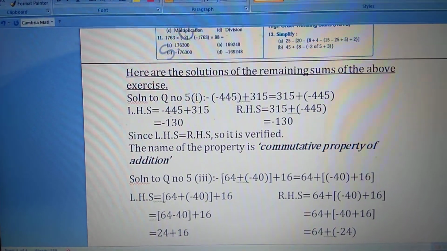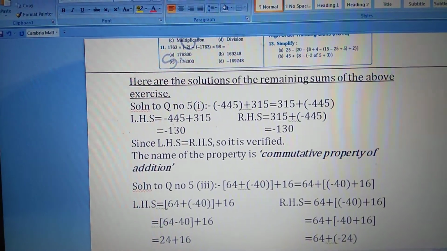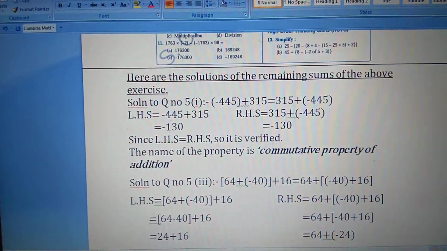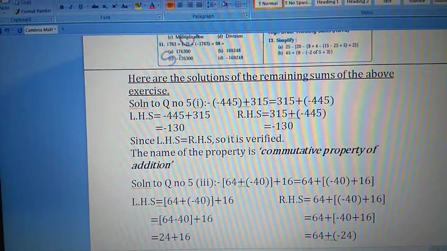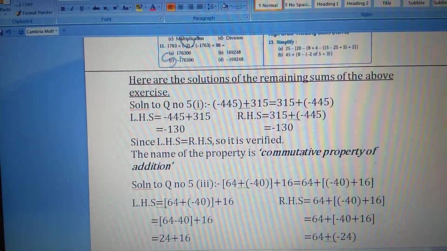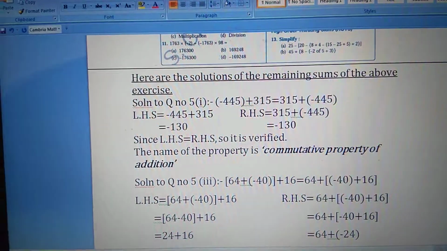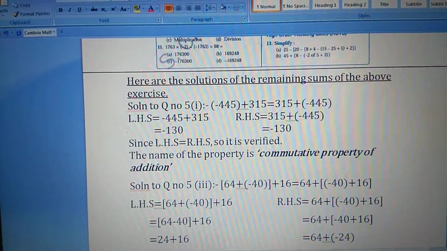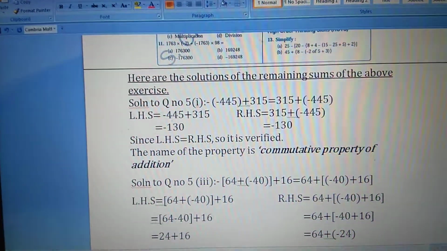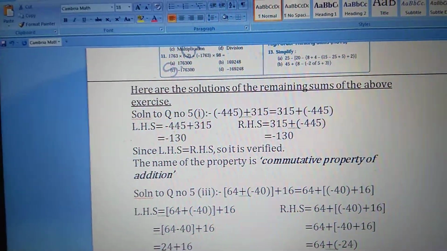My students, one thing you will remember, whenever verification is given, just look at the question very carefully. Whether the operations applied there are applicable or not, you need to think about it first. If it is applicable, then only it can be verified, otherwise it can't be. And if it is verified, then only there will exist a property used.